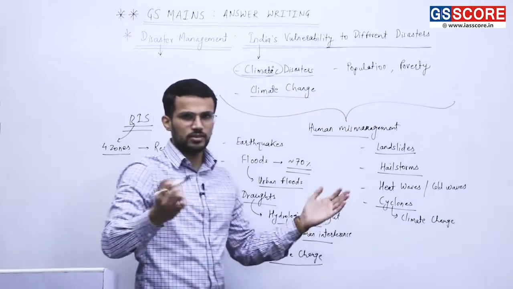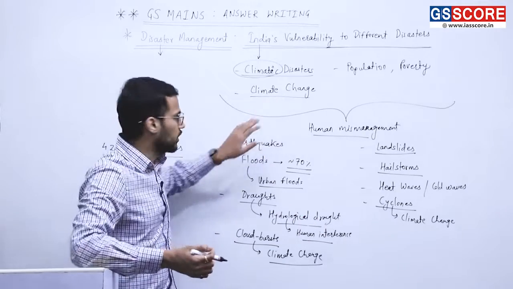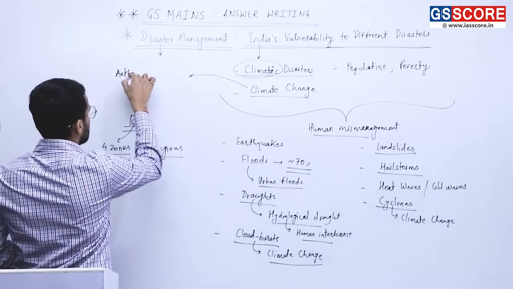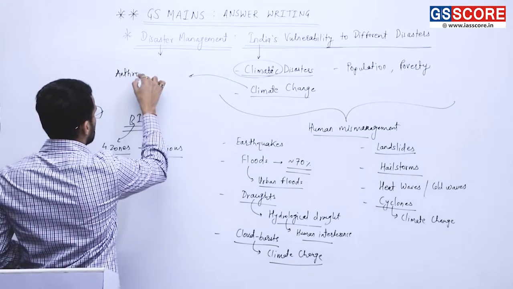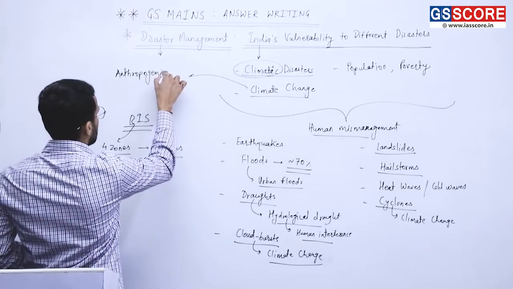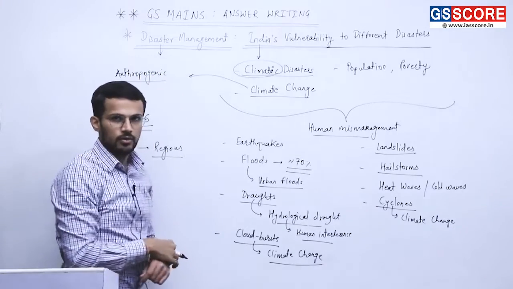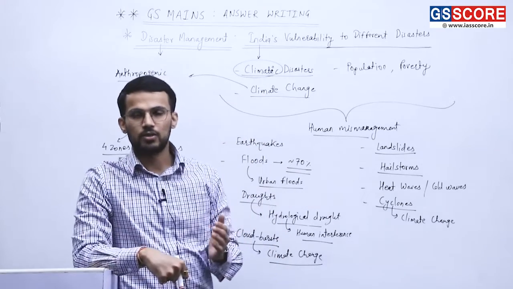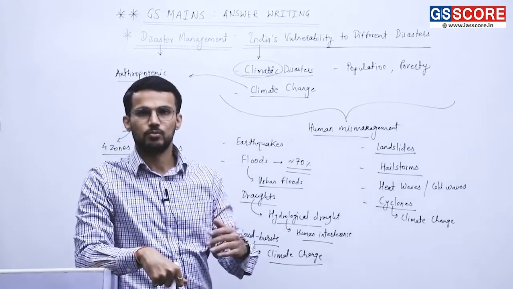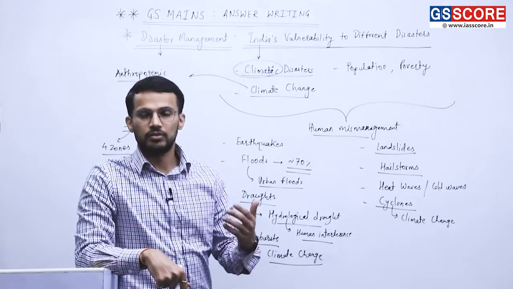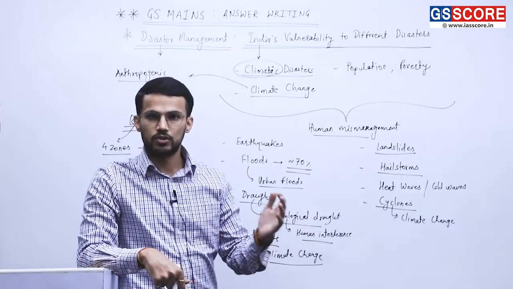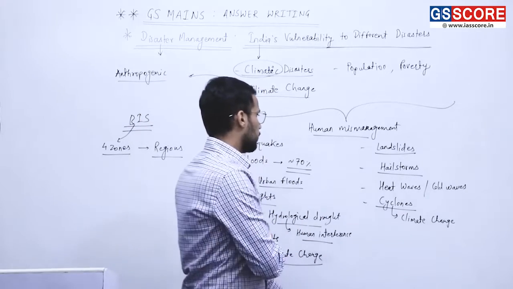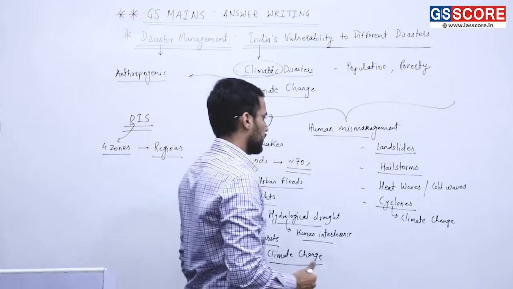And we know that, see, the climate change that we are talking about today is not natural climate change, it is anthropogenic climate change. Fine. So cyclones, where the eastern coast of India is more vulnerable. Along with that, the vulnerability of the western coast has also increased in recent times. Fine. So these are important disasters that we should be aware of.